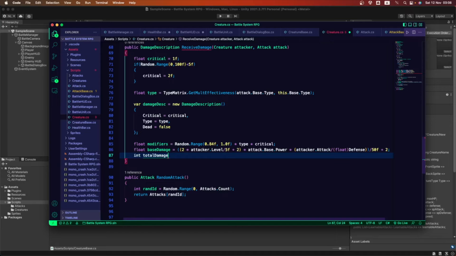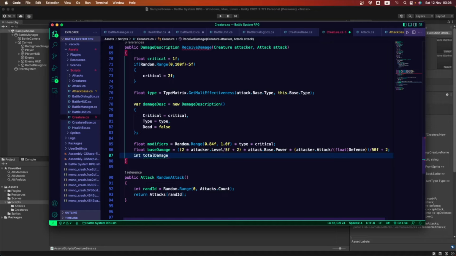We don't want a float from this result because we're going to be using this on the health bar and also on some text numbers that we're going to be adding to the HUD. We don't want to see any decimal numbers displayed by text inside the HUD. So that's why the result needs to be an int and not a float.